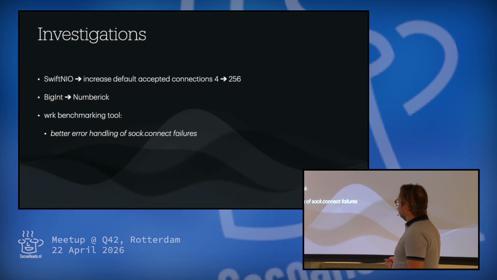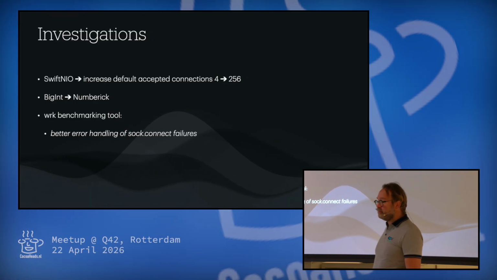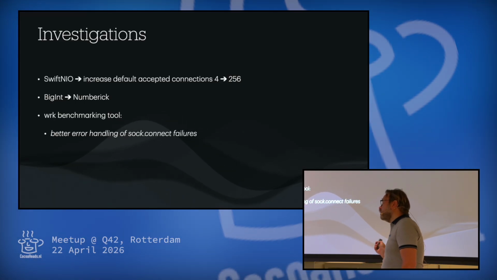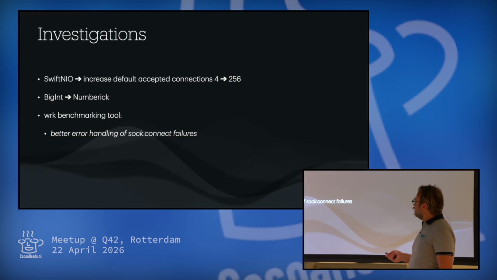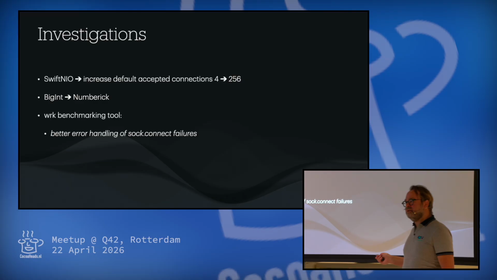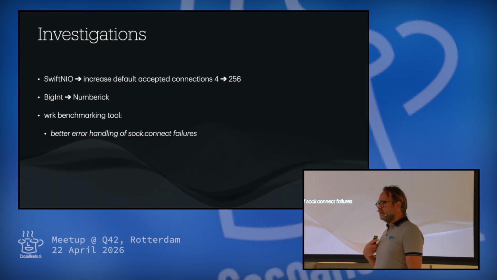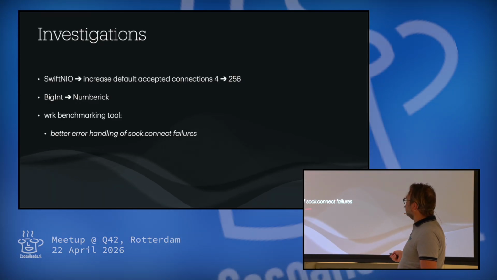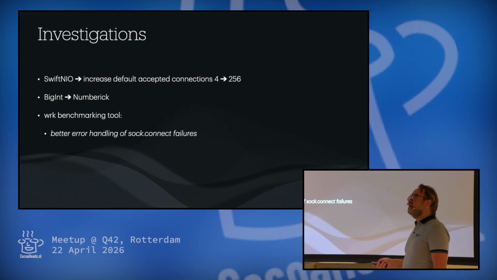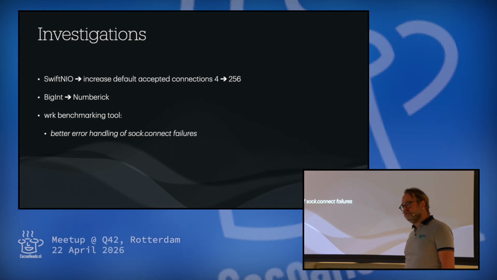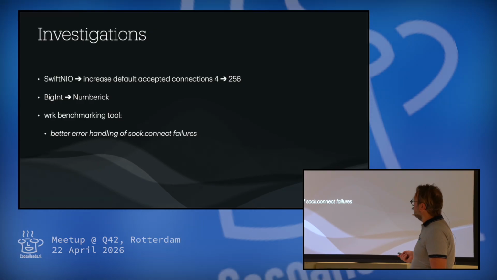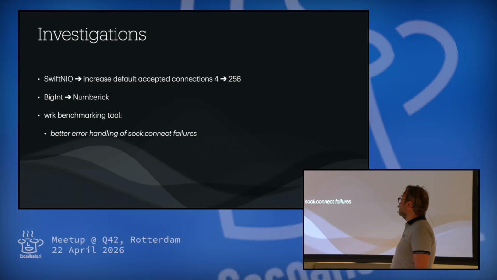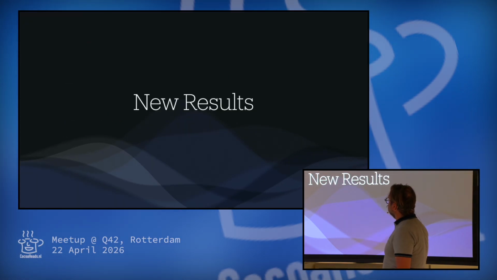And then this was also interesting: the wrk benchmarking tool. Wade Rodgaskis, who was at the end as well, said, I noticed here that there's a lot of socket connect failures in wrk. Why don't you patch it? I said, I don't know how. Please do. So he patched this wrk benchmarking tool because it didn't handle the connect failures correctly. He put in a patch, and then I could use his patched version to test better. Basically the responses were not good enough. wrk didn't know that the connection was dropped because it didn't handle that. And with that, I got new results.